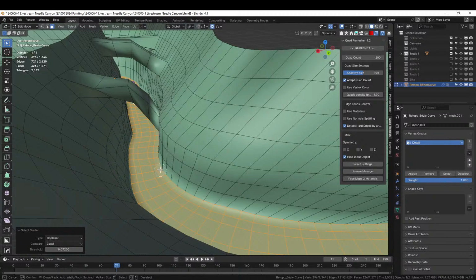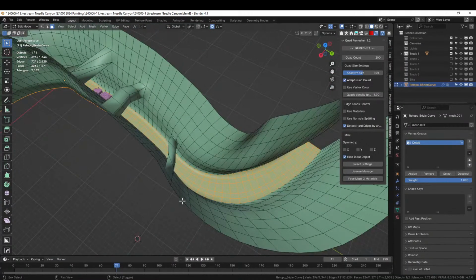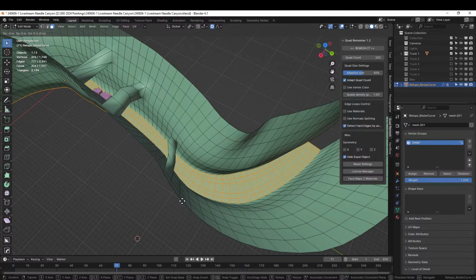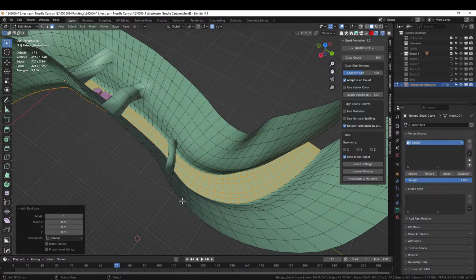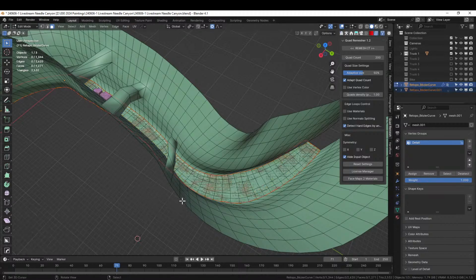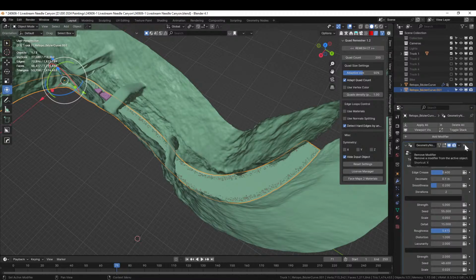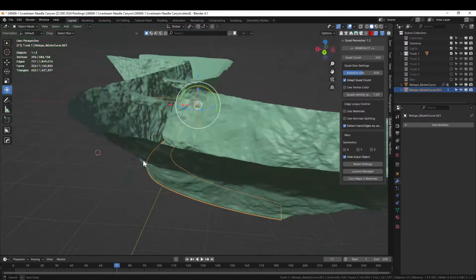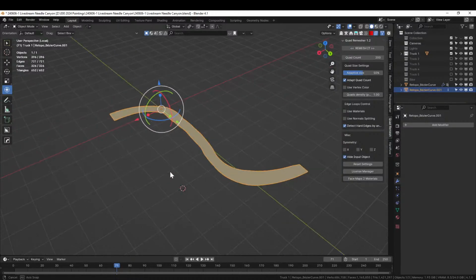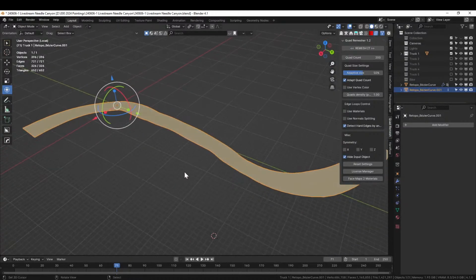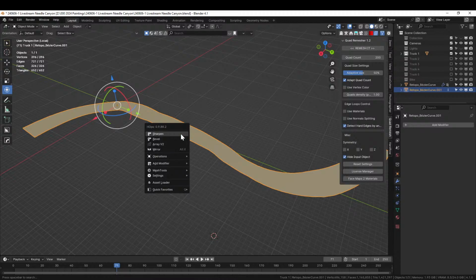Sure, we'll just grab the whole ground. And Shift D, P, selection. Cool. Then I want to grab our new ground, and I want to remove this geometry node. So it's just flat, right? Yes. Okay. Now, Q,